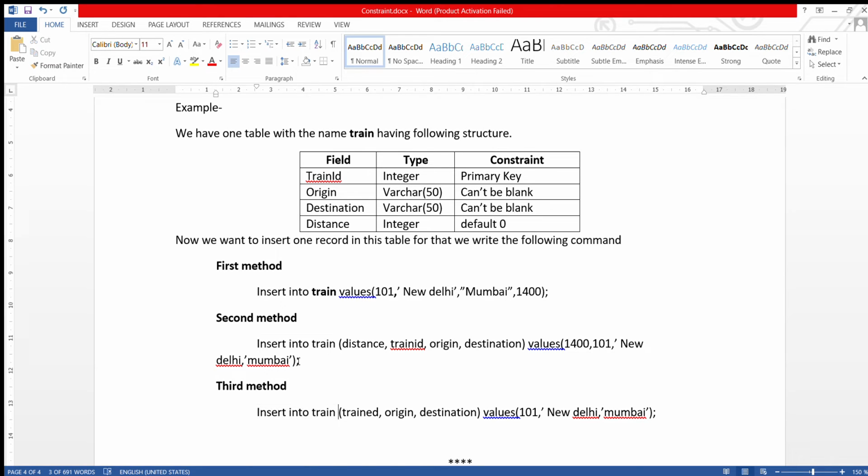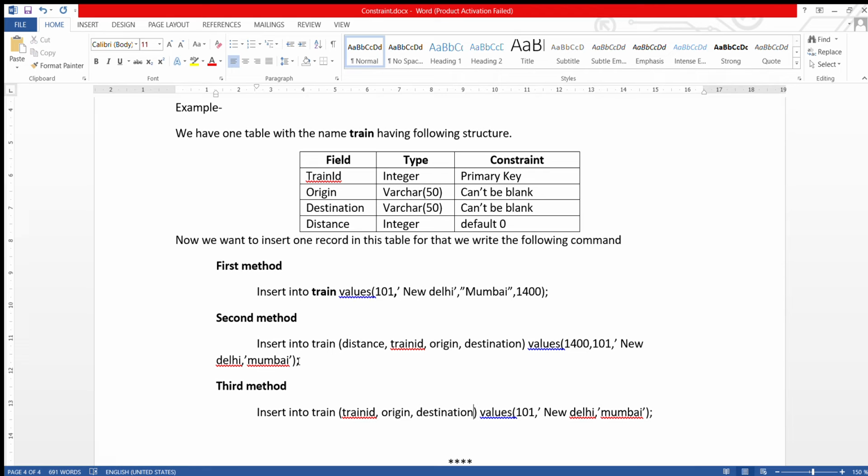No value for distance. Now what to do? How to enter that? For that we have to use the third method, that is insert into train, then we give train ID, origin and destination. Then values.